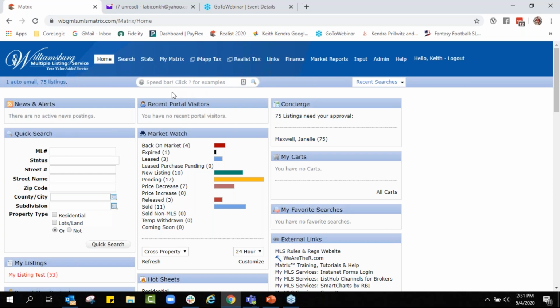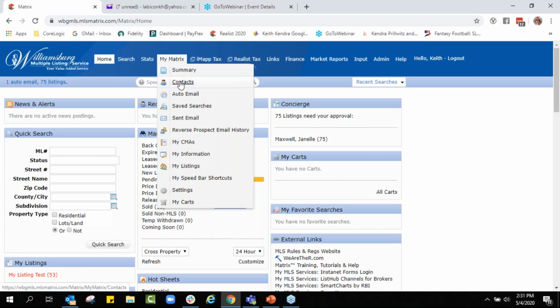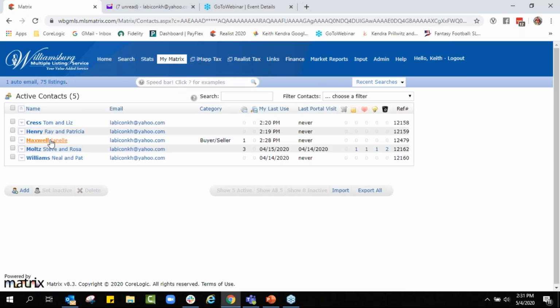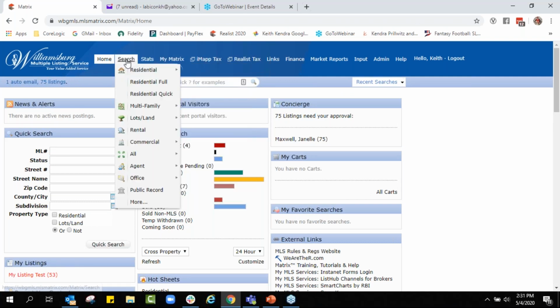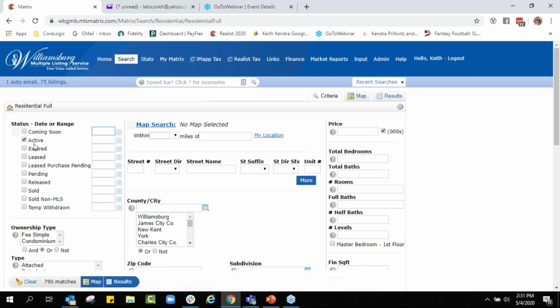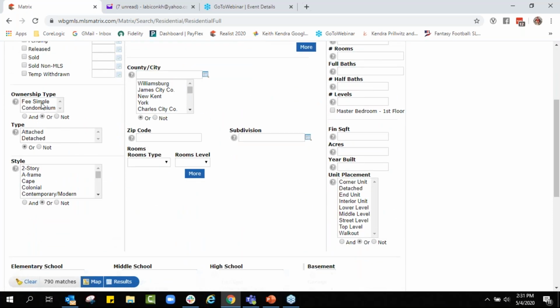Let's go through that again. So once you've got your contact in your system, and by the way, you don't have to put Janelle in here first. What you could do is, before I put Janelle in my contact list, I could have done my search for her first. I could say, well, I'm going to come in here and do a search for Janelle. She wants an active listing. She wants a fee simple. She wants a detached property. She wants something in